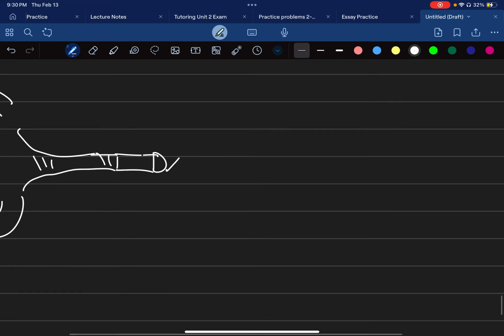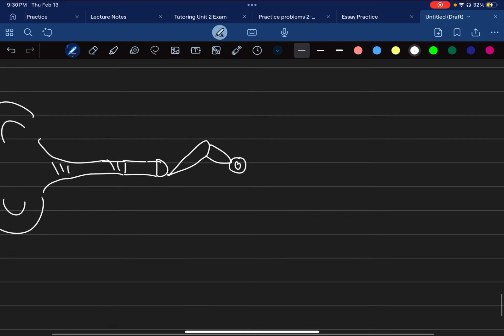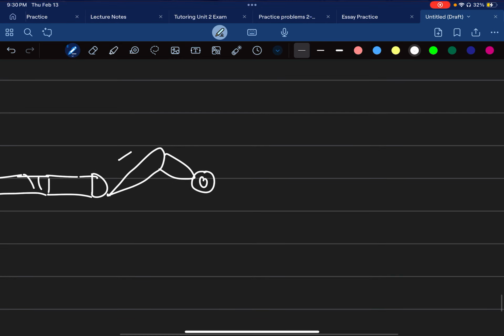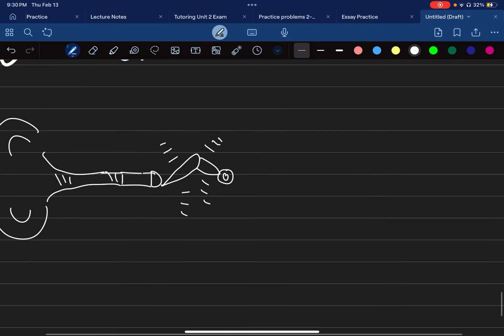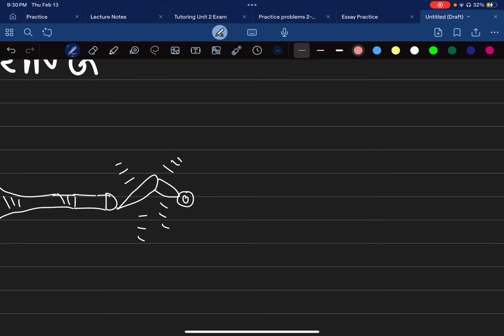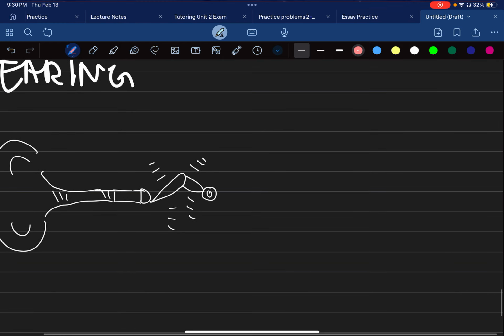It's connected to 3 bones, the ossicles. And those bones, their job is to amplify any vibrations that come in. And this last little bone here is going to be hooked up to something called the cochlea,